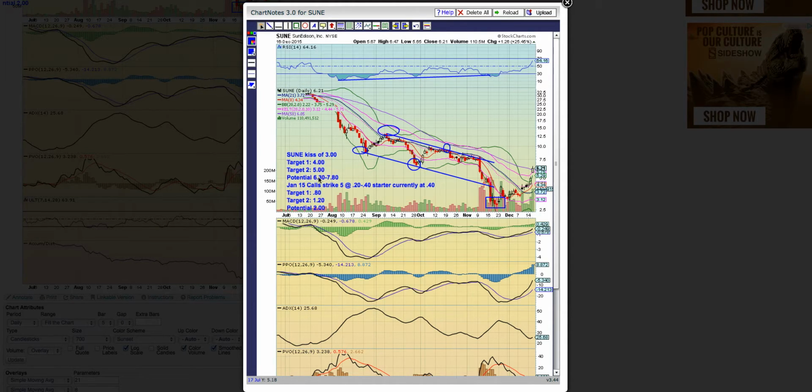So we already actually hit target. The January 15 calls gave us an opportunity to add as low as 40 cents. At the time when we sent out this setup, it was at 40 cents. Right now, these contracts are trading at about $1.50. So this is just a beautiful move. We actually hit our target 1 of 80 cents, target 2 of $1.20,